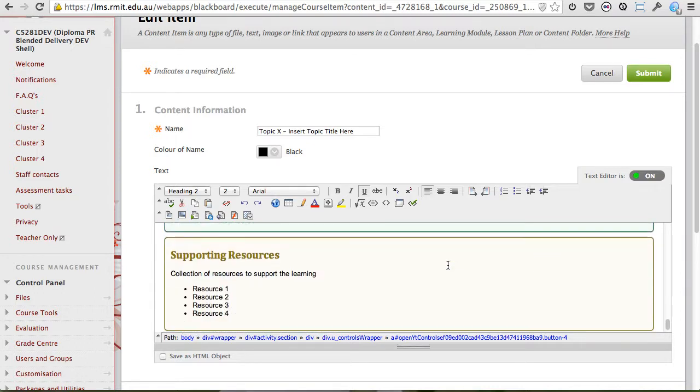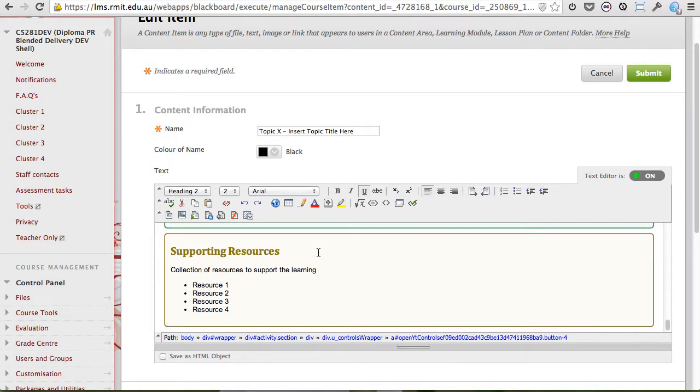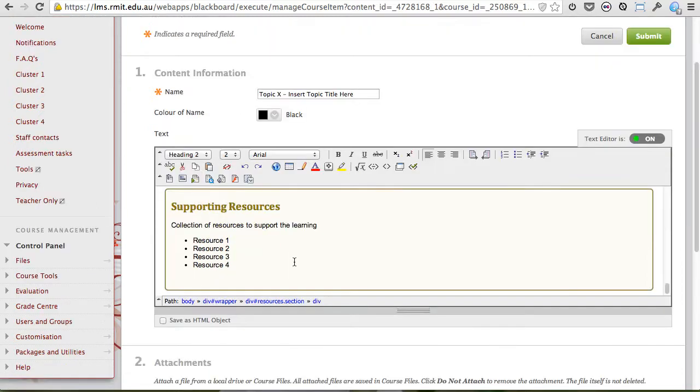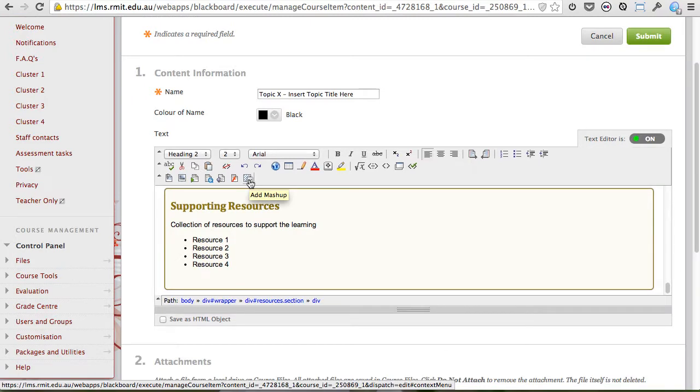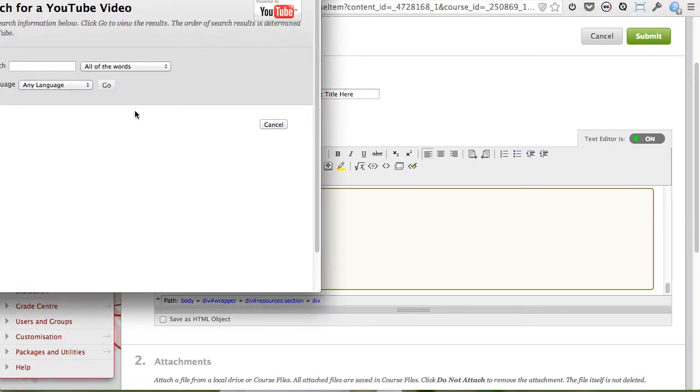Let me move forward now to show you that same technique for putting video into the supporting resources area. Let me show you now the technique we use to place video into the resources section. Remember, we're using that thumbnail option now. We follow virtually the same set of steps. We go to Add Mashup, we go to YouTube video, we search for maybe surveys, at least one of the words, hit go,